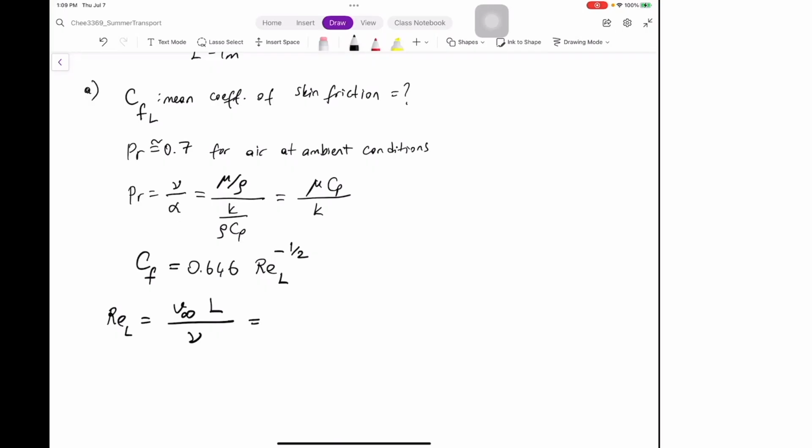It's not given in the problem statement, I guess, so you should check your textbook, or I can find it from the example problem. Yeah, in problem 7 it's also given. It's at 27 degrees centigrade, but that doesn't matter, it should not change that much. The kinematic viscosity is 1.5 times 10 to the -5